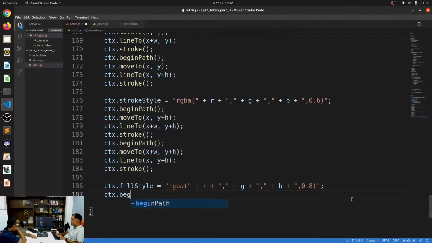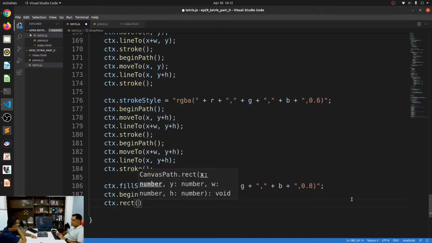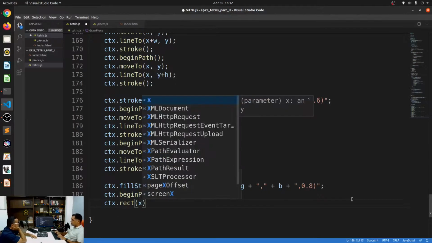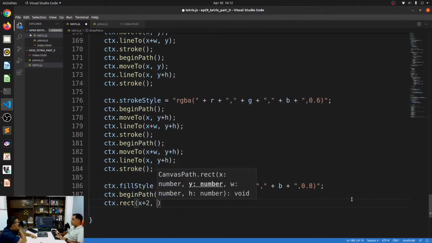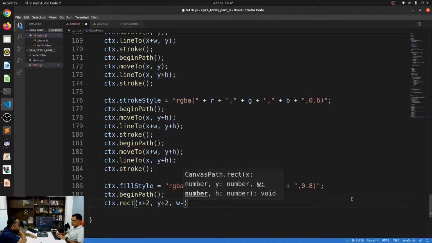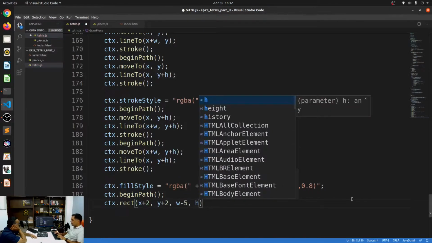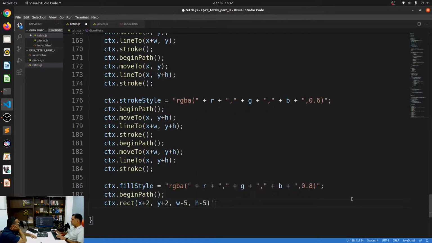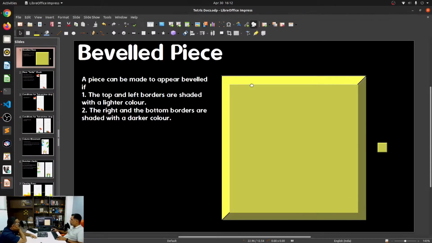Let's say context dot begin path as per usual, context dot rect. The thing is, I need it to be appearing within the lines that I have drawn. I mean, it shouldn't completely overlap it. So for now, I'm just giving a 2 pixel gap, and we'll adjust this as needed, minus 5. So the rectangle will start 2 pixels away.